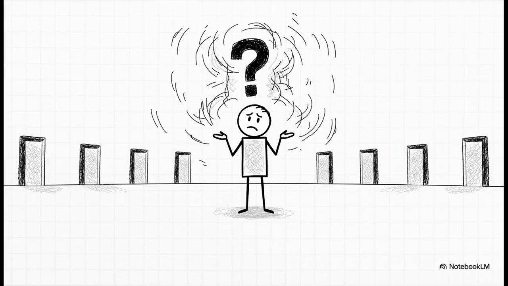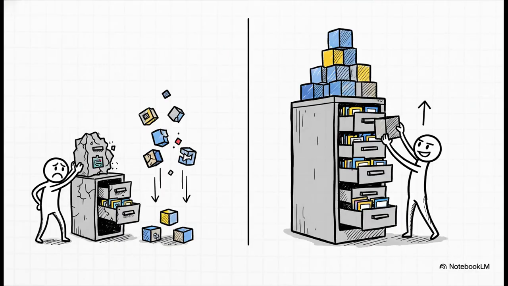The second issue was that it got paralyzed by choice. You know, on problems where there were tons of equally good solutions, what's called a flat objective, it didn't have a clear signal telling it which way to go. So it would just get stuck. It would stop exploring effectively. And finally, it was just a bit fragile. Its performance really tanked whenever that library of solutions, what they called the archive, was small or had a low resolution. It just wasn't robust enough to handle different kinds of problem constraints.